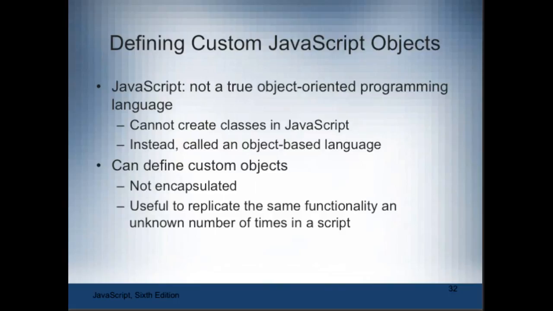Nevertheless, JavaScript does allow you to define your own custom objects. Unlike objects that are based on classes, custom objects in JavaScript are not encapsulated, which means that other programmers who use your custom object can see inside of the black box. Even though custom JavaScript objects cannot be encapsulated, you might find them useful, especially if you need to replicate the same functionality of an unknown number of items